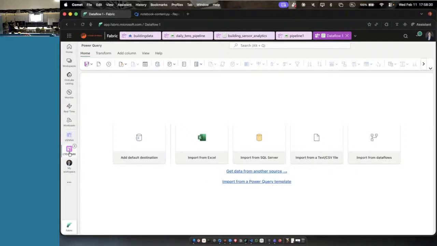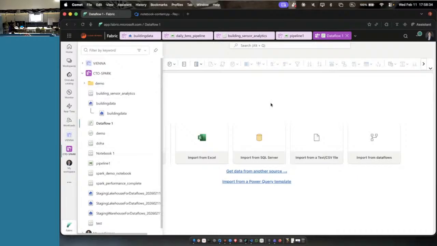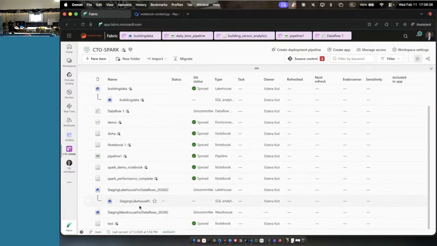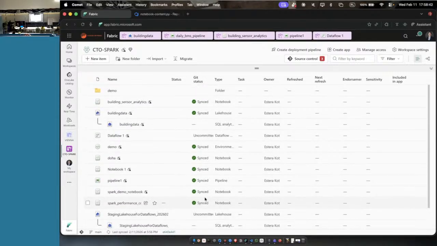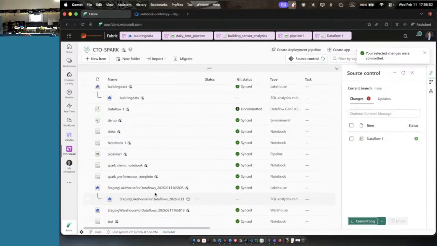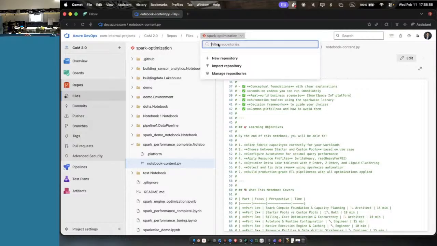But because I added this dataflow here, I should do some transformations as well. Because it's here, you can see it's uncommitted. That's why the data source is already reflecting that there are some changes. I click commit. The changes are committed, meaning that the changes are going to be reflected where? Here in the repo. Let's take a look.